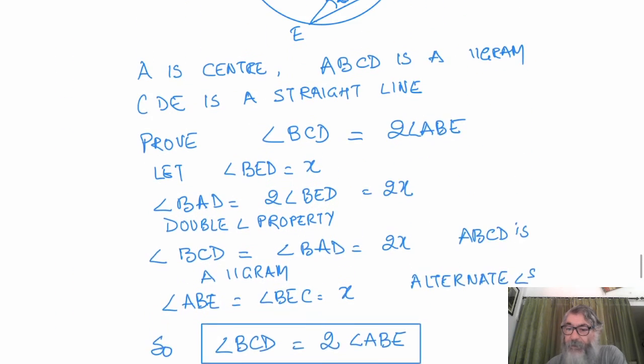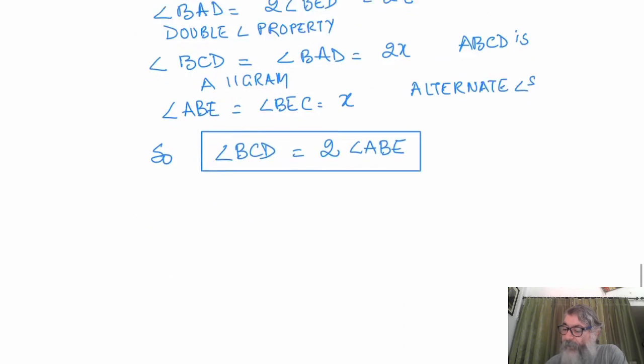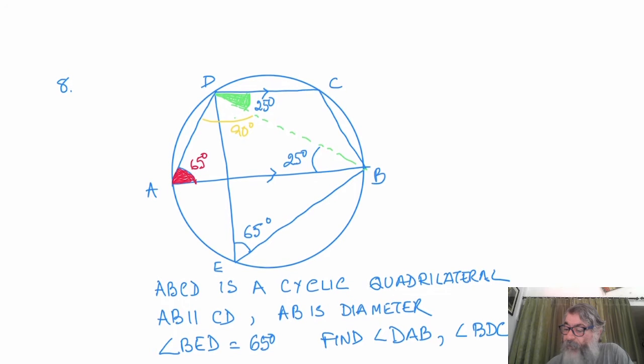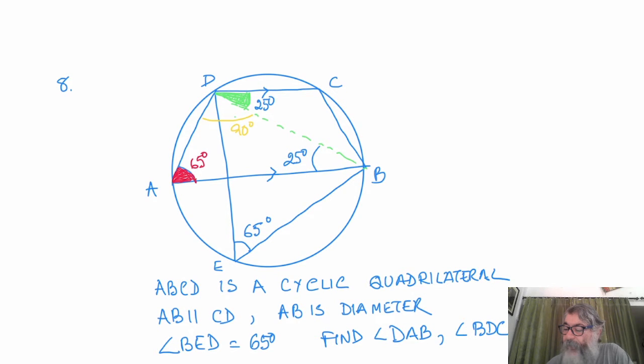Now in the eighth question, the first property which I used was angles in the same segment of a circle are equal. ABD was the base. On the base BD, two triangles are formed in the segment, DAB and DEB. Both angles will be equal. This is 65, this will be 65. Now these are 65, 65, and we said angle ADB will be 90, because an angle in a semicircle is always a right angle.